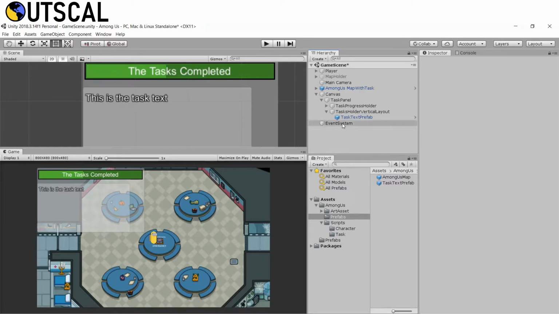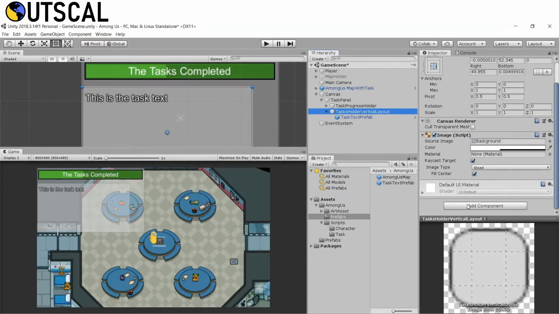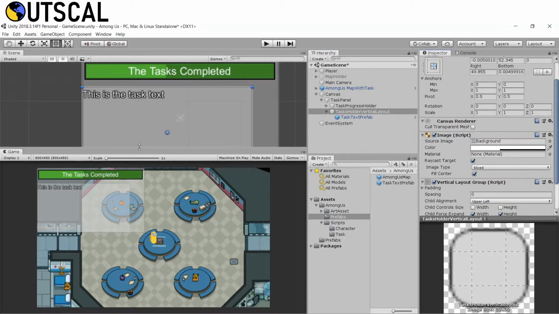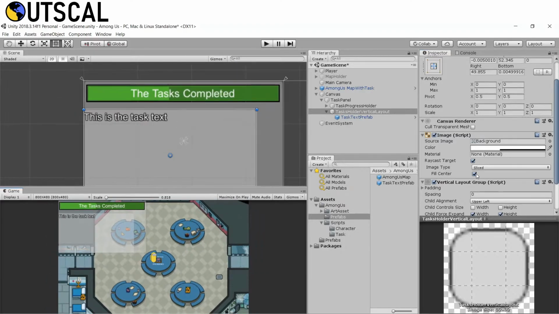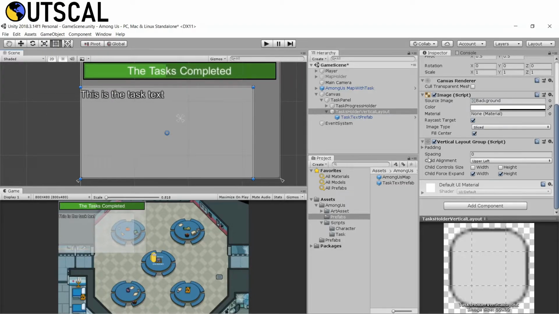Next is the layout thing. So select this task holder vertical layout and click on this add component and click on this vertical layout. So as you can see here, as soon as I added this vertical layout, this thing got arranged to the top left corner. So I want some spacing.